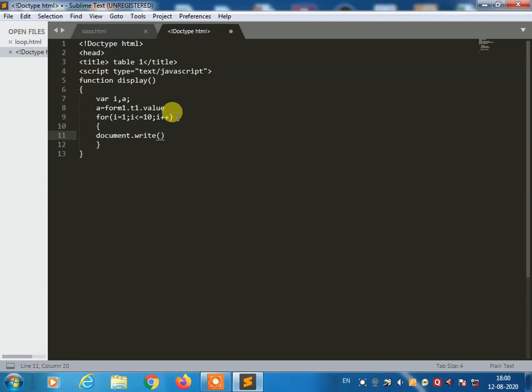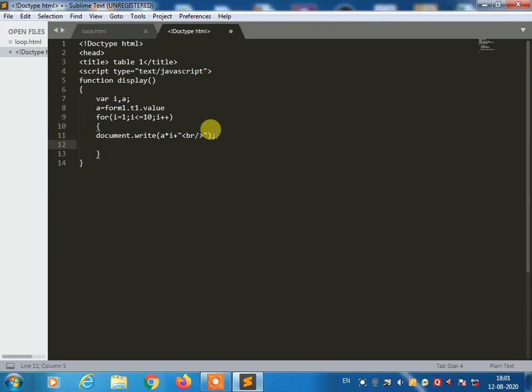So you are going to use the variable a into i, because it is multiplication, plus you are going to use in double quotes a br tag to come down. The table will be displayed like this: the 1 to 10 table you want, 1 2 3 4 5, like this 10 numbers will be printed. Once you finish, complete with a semicolon.